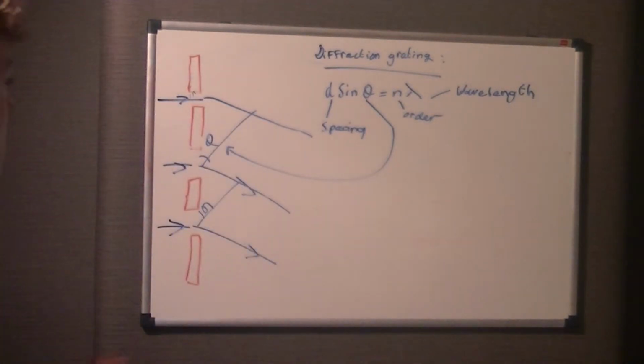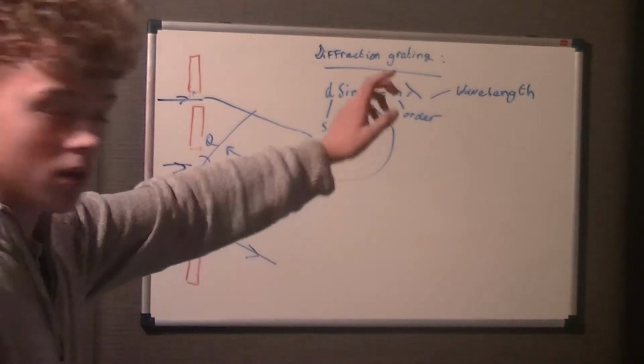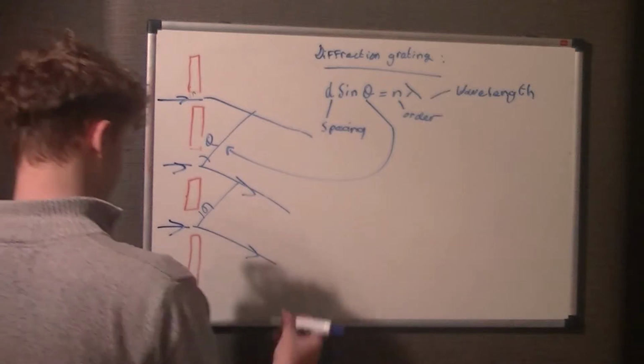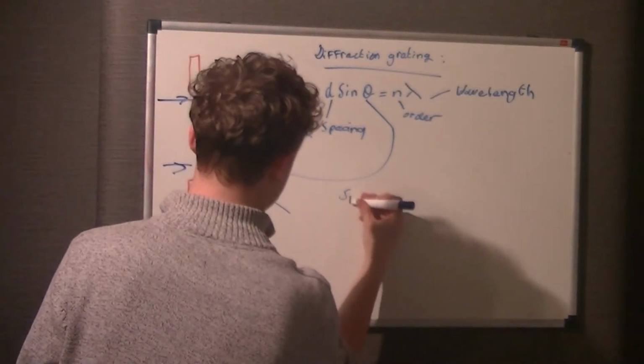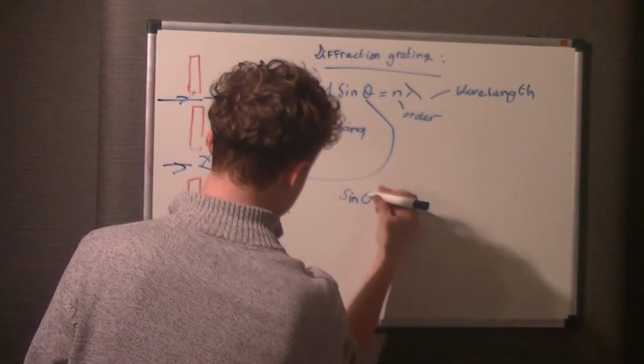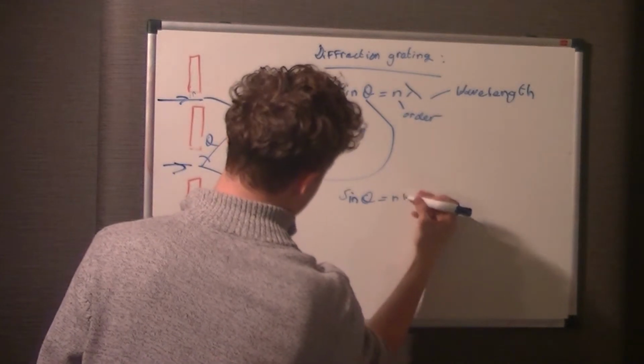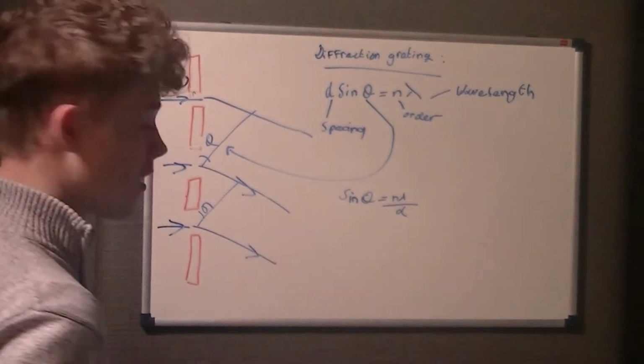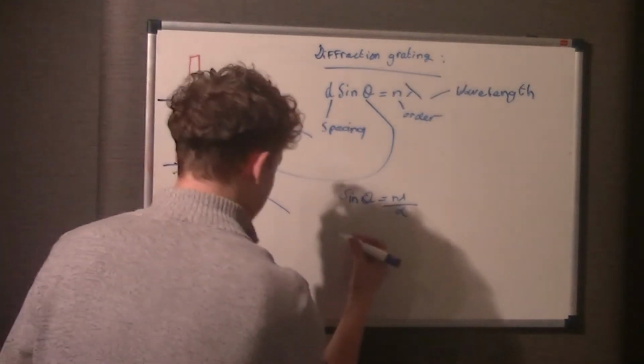Okay, so that's your main equation there. You can derive the theta from that by dividing both sides by d. So sine theta equals n lambda over d. So that's your theta equation. And then you've got